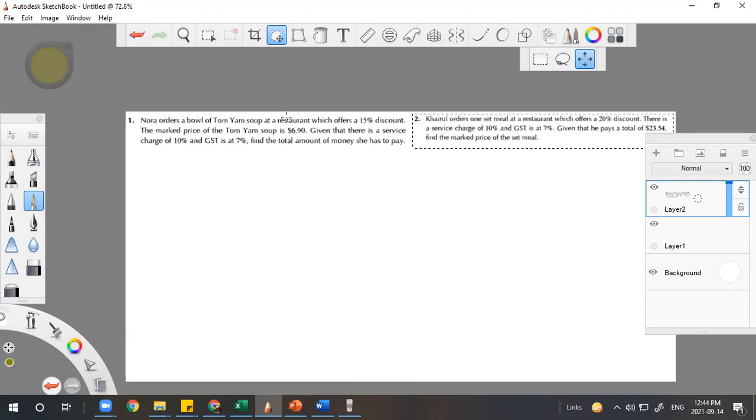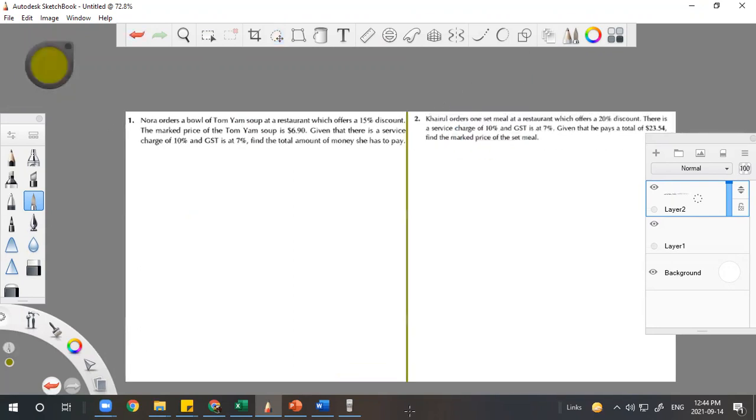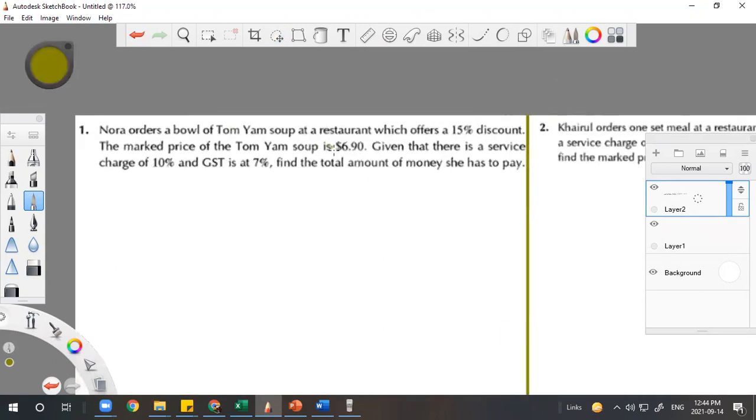Okay, next. Let's look here. Nora orders a bowl of tom yum soup at the restaurant, which offers a 15% discount. What is GST? Again, I want to tell you the condition. We use the Xingli book. It is a Singaporean book, so they use the Singaporean